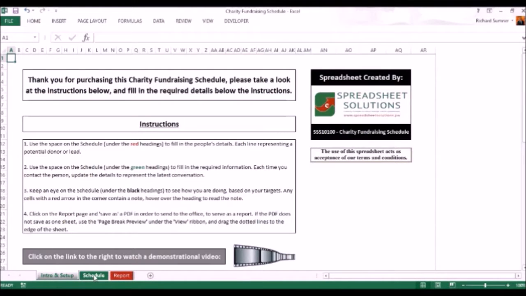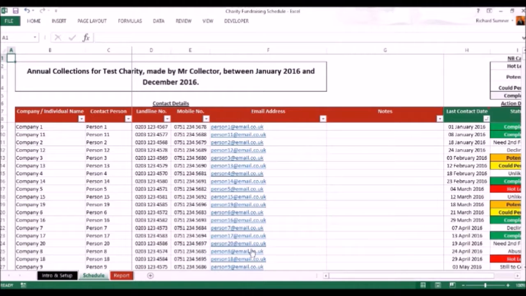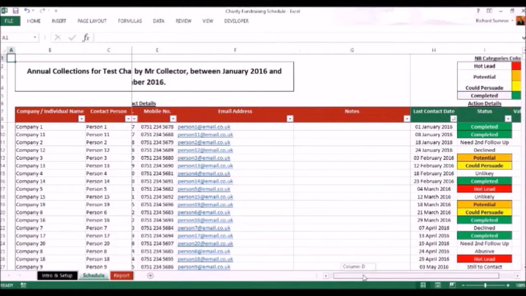Once you've done that setup, the schedule will be ready to use. Now all of this data won't be in here. I've added that in, but this is what you would effectively add in. All of these headings will be here. If we scroll across, we can see